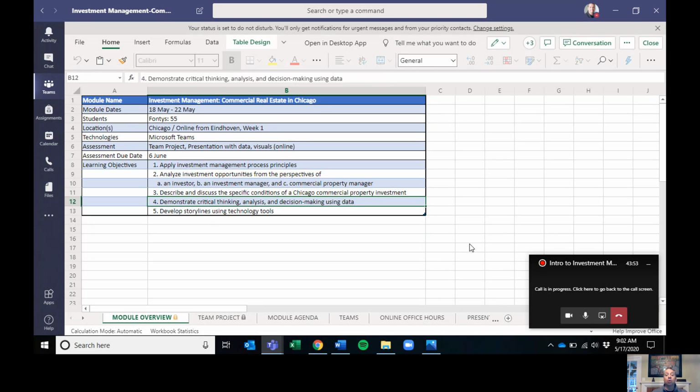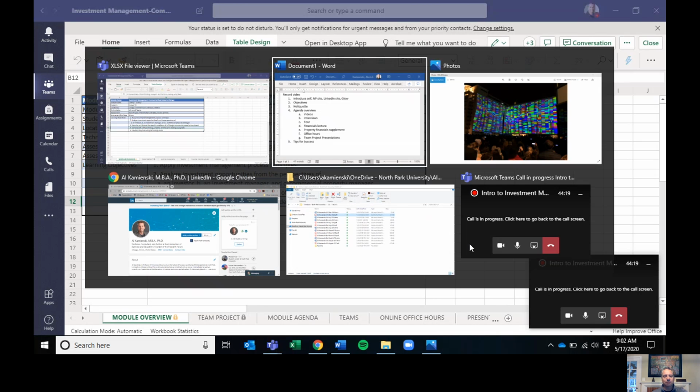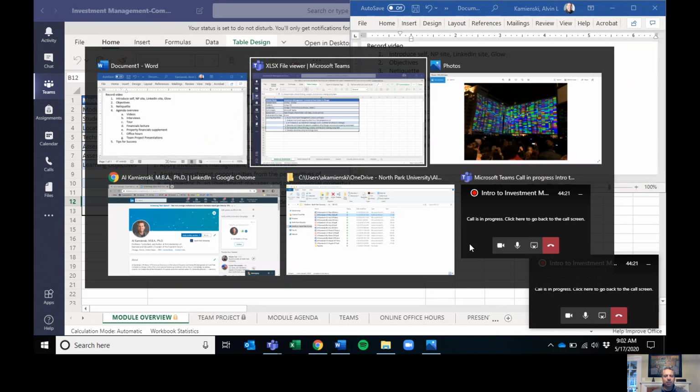We'll work on your workability skills in terms of critical thinking, analysis, and decision making, and in particular, the development of stories using technology tools, meaning can you articulate a great story about how you would go about convincing an investor to make a significant investment in a commercial property located in the Chicago marketplace? So that's what we're trying to do.